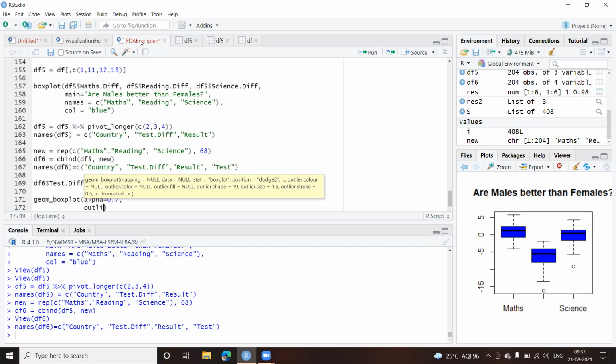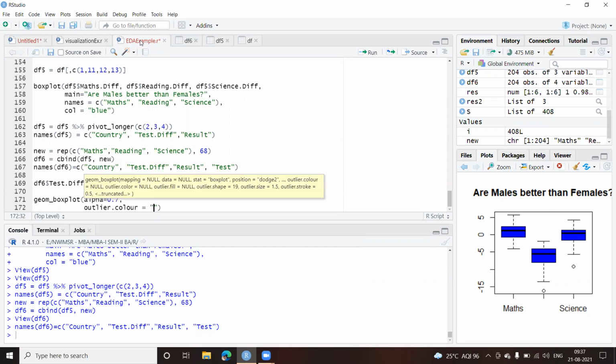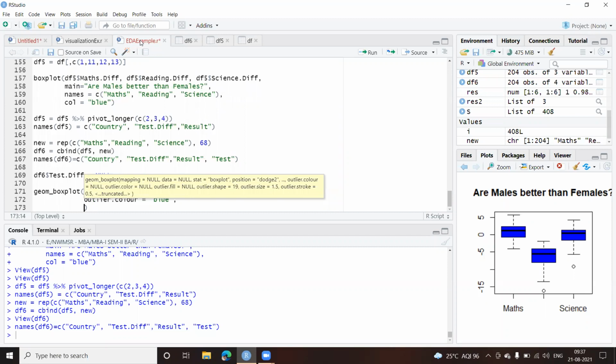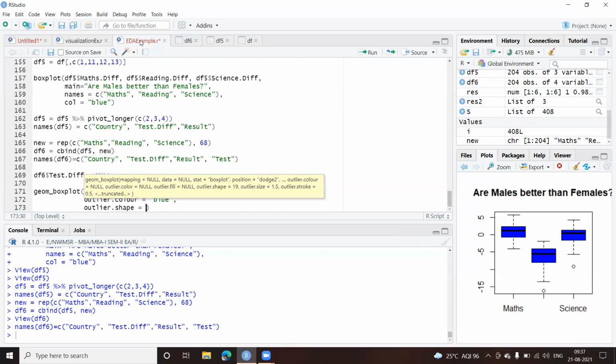The outlier color, I'm going to change it to, let us say, blue. I'll make some different colors here. So that is the color for the outlier. Then we need to give the shape also for the outlier. So outlier dot shape. Let us create this as a circle, a filled one. So I'll give 3.